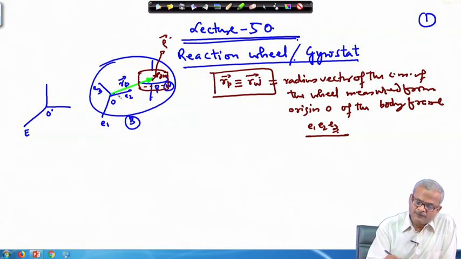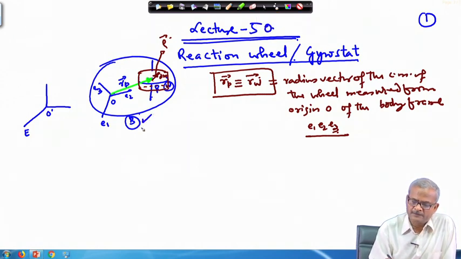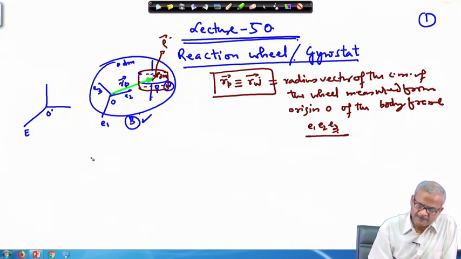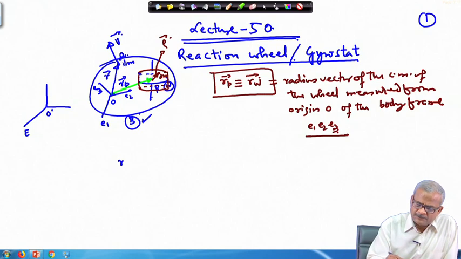Okay. So, we are going to now calculate the angular momentum for these two entities, the main body and the wheel separately. Okay. So, let us assume that this is a mass dm on the main body and r is the radius vector to this point. So, what will be the angular momentum of this? If v is the velocity of this point, and we can name this point we have named as p. So, let us name this as q. Okay.